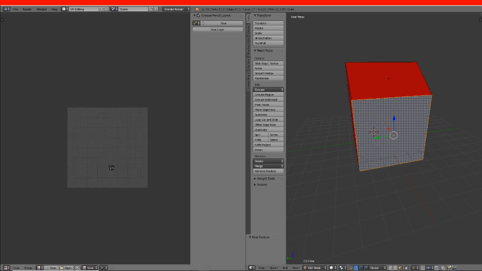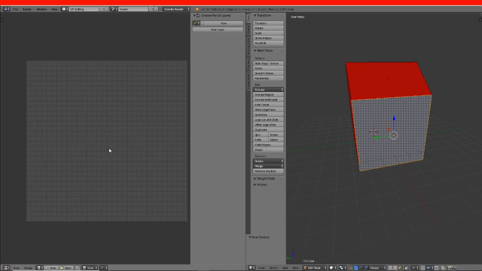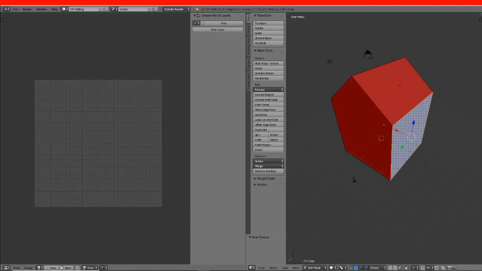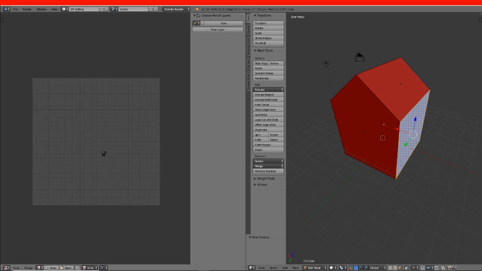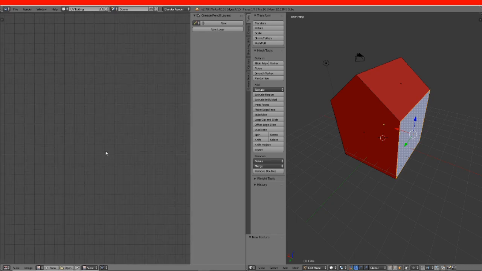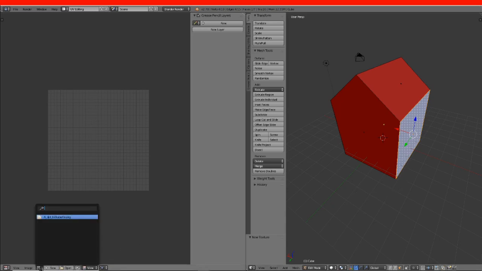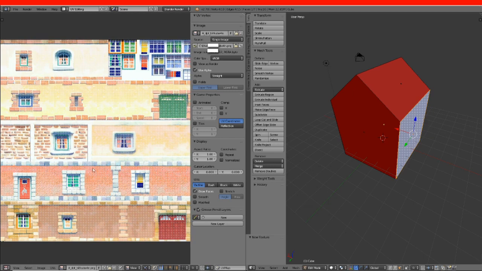So this window right here is where you go to do that. In order to move this around, it's the same as moving this around. It's with clicking down the middle mouse wheel, or if you are emulating a mouse wheel, I think it's Alt that you have to hold down. Zooming in is the same, the mouse wheel zooms in. So to open the image that you applied to your material, you hit this button,